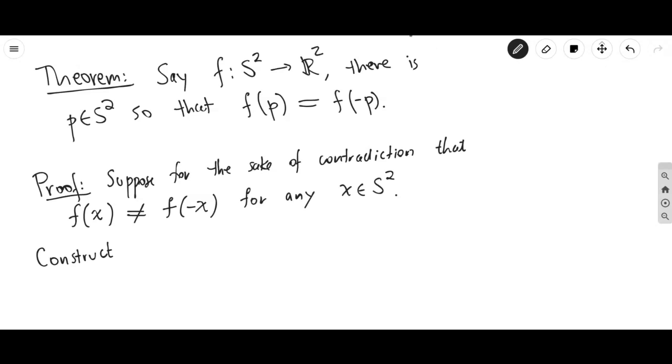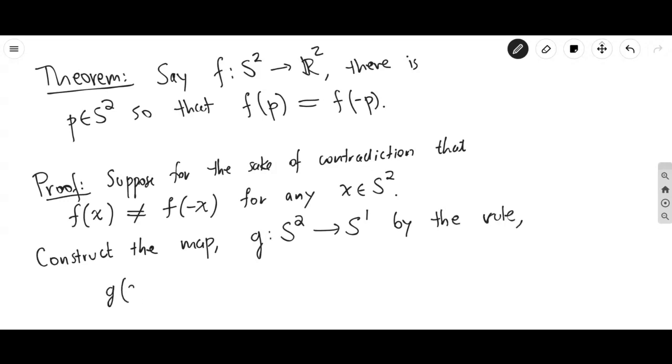Actually, this proof does feel a little bit similar to Brouwer's fixed point theorem. You assume that two things are not equal, and then you can construct something out of it. But of course, this is a totally different theorem, and you're using different tools to prove it, but it does, in some sense, feel kind of similar. You're going to construct the map. Let's call this map G. And this map will go from S2 to S1. And is going to be constructed by the rule